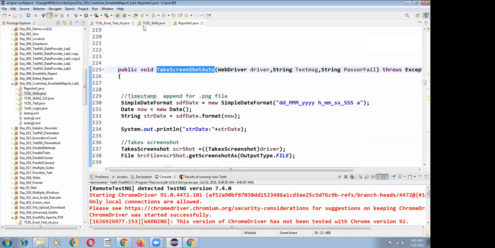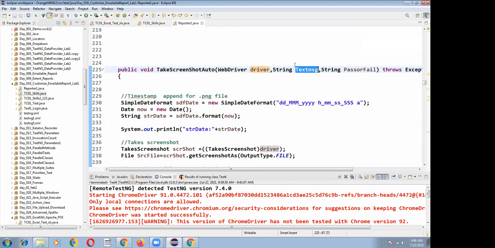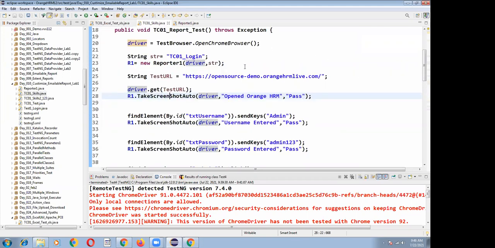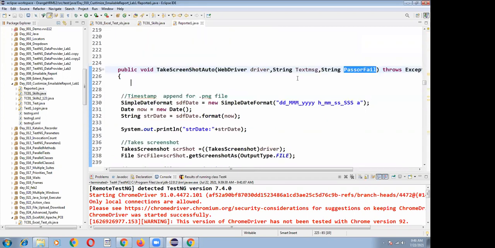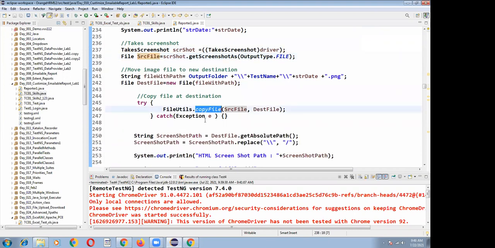I'm passing the driver. The first object is the driver, the second is a string argument, and the third is a string argument. So WebDriver is being passed, and the text message whatever we write comes in, and the string pass or fail. So this is the message coming in here, right? Here I am writing the lines I told: TakesScreenshot, File srcFile, and FileUtils.copyFile.